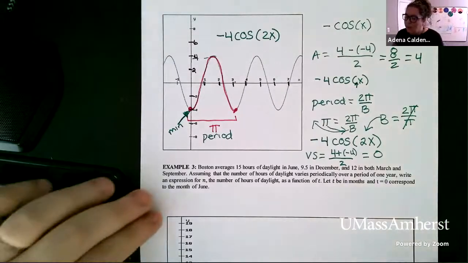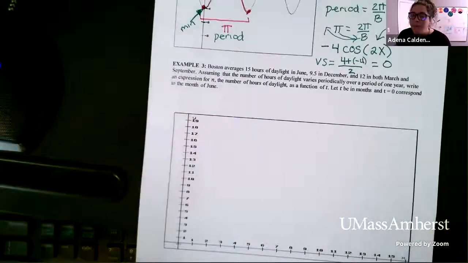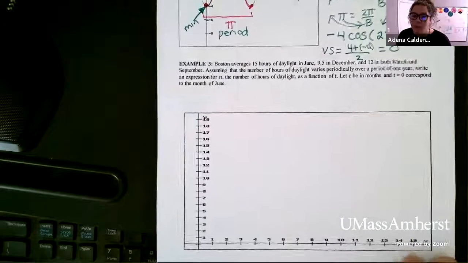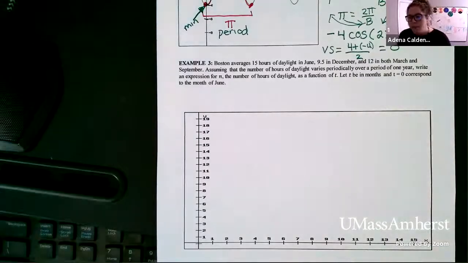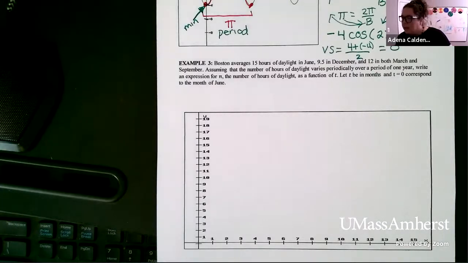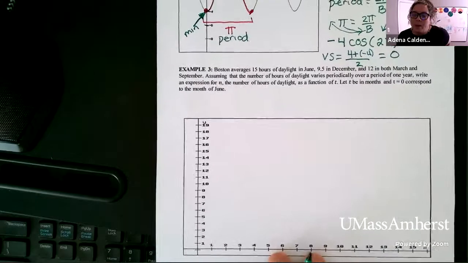Okay, so we have one final example to try out here. This is a word problem that we are trying to convert into a formula. And so what I would like you to do is just give it a read, try it out, and write down a couple notes about amplitude and period. I'll give you 2 minutes just so we have enough time to go over it, because I don't want to go over time, but see what you can figure out from these values, and then we'll quickly go through it.